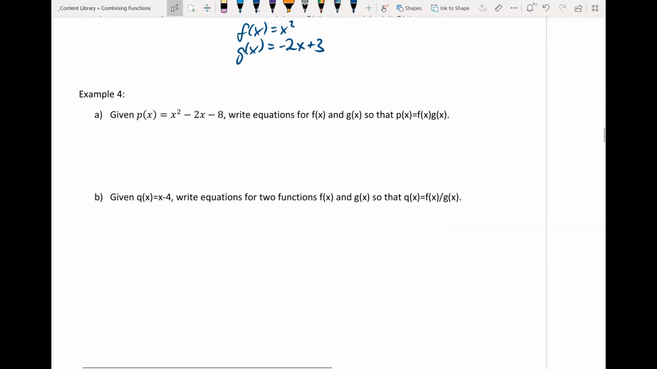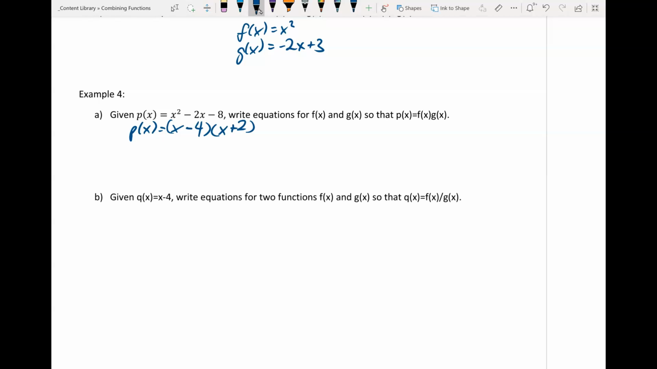In example 4, we are doing the same sort of thing, but instead of adding or subtracting to find your original functions, f of x and g of x, we're going to find it for multiplication and division. So for this p of x, we're just going to factor this. Factors of 8 are 4 and 2. We want a negative 2 in our middle term, so that'll be a negative 4 plus 2 to give us